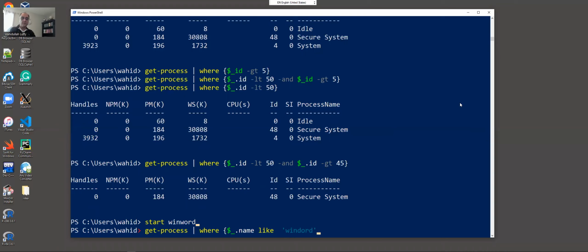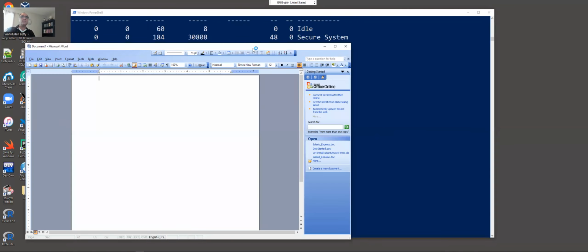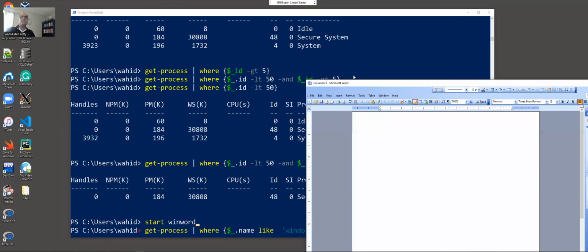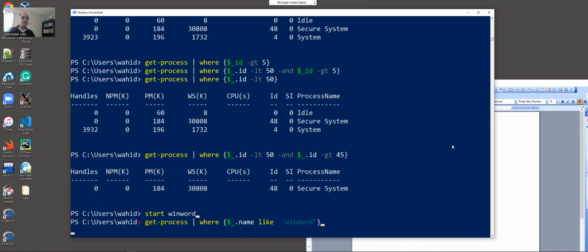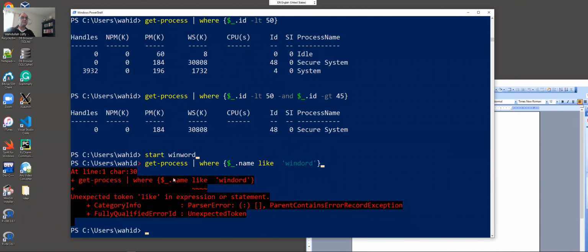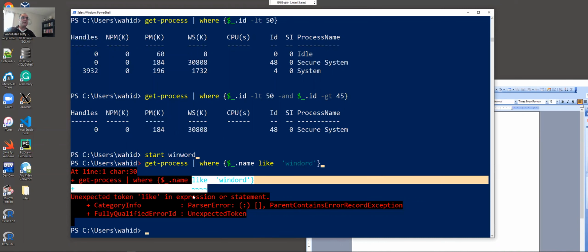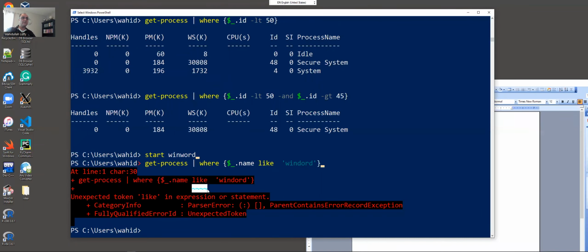Notice if I just type in like without the dash, then be careful, because that's a flag that I want to use. So if I just do this one without a dash, it will say syntax error. Notice that it says name like, and PowerShell helps you with this tilde